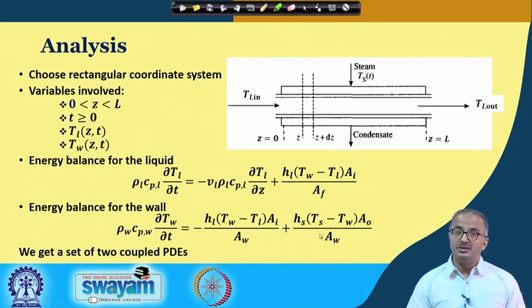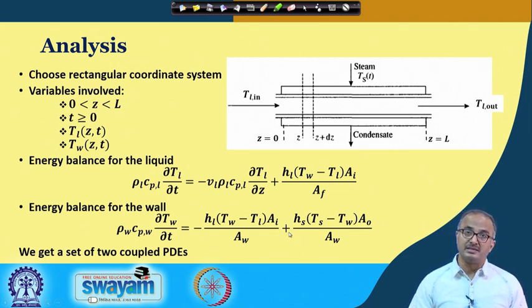And these source terms are coming why? One is because the heat is transferred from the steam to the wall. So this is coming within the wall, and this is going out of the wall, that is why it has a negative sign. So this is going from the wall to the liquid. You see these signs signify the direction of the flow of the heat. And that is how we are able to derive the energy balance equation for the wall.